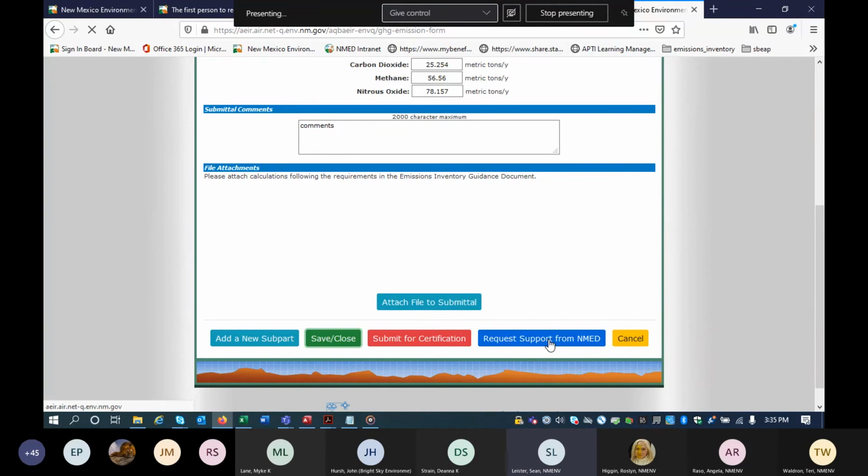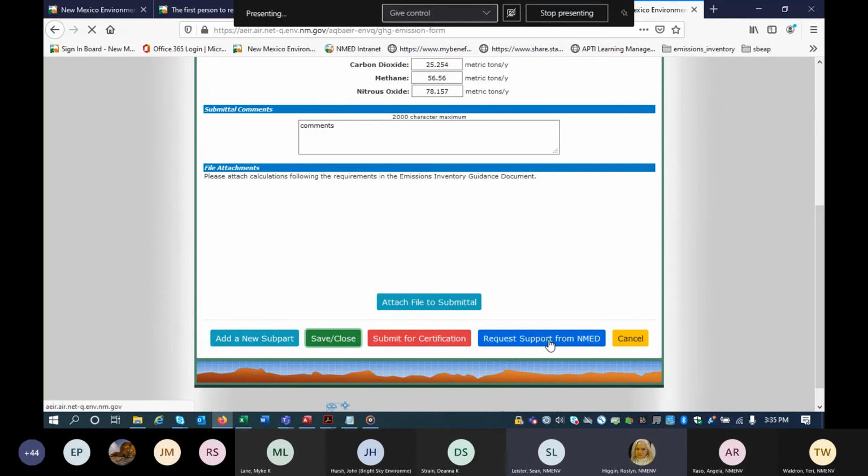Feel free to click on that button at any time to send us an individual message for any individual submittal, if you're having any trouble with it, or if you want to update your NAICS code, or any questions that you have regarding any facility. Send us a quick message, and we'll be sure to get back to you.